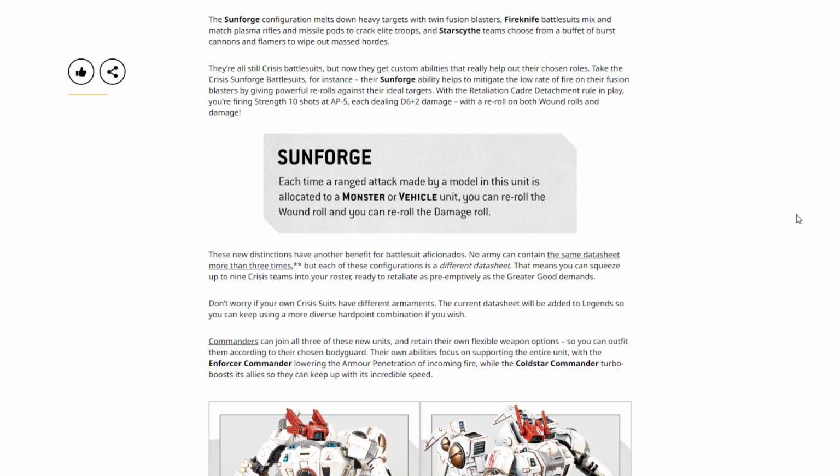And now Games Workshop can point those suits accordingly. These new distinctions have another benefit for battlesuit aficionados. No army can contain the same datasheet more than 3 times. Obviously with the exception of Battleline, but each of these configurations is a different datasheet. That means you can squeeze up to 9 Crisis teams into your roster, ready to retaliate as preemptively as a